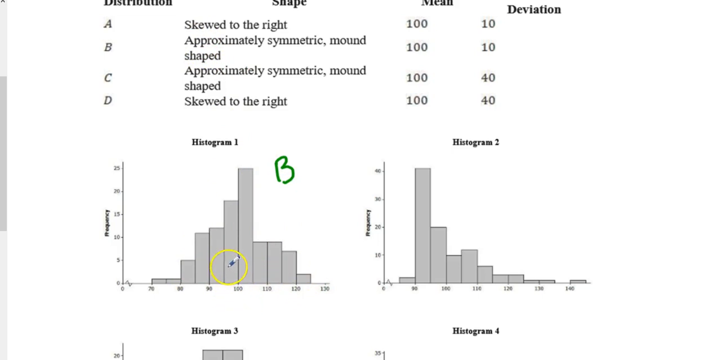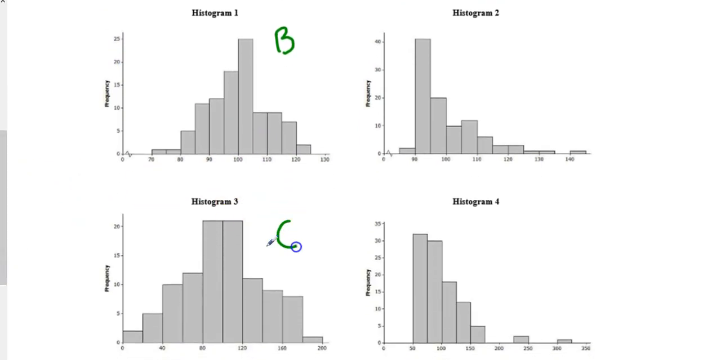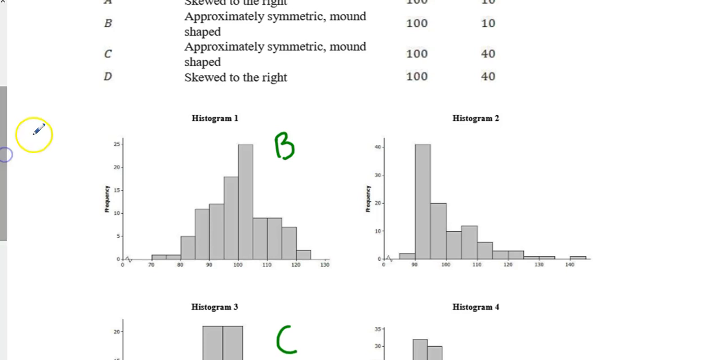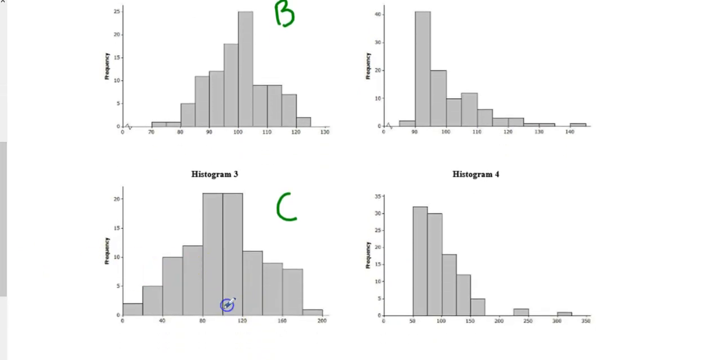And compared to the other one that's approximately symmetric, compared to B and C, I'm not going to expect that you can determine the standard deviation just by looking at a distribution, but I'm going to expect that you can distinguish between a distribution that would have a standard deviation of 10 or one that would have a standard deviation of 40. So looking at these, a typical deviation from the mean here would be maybe around